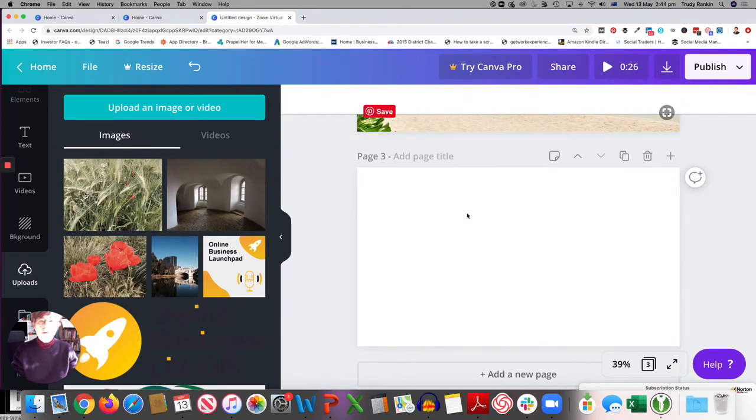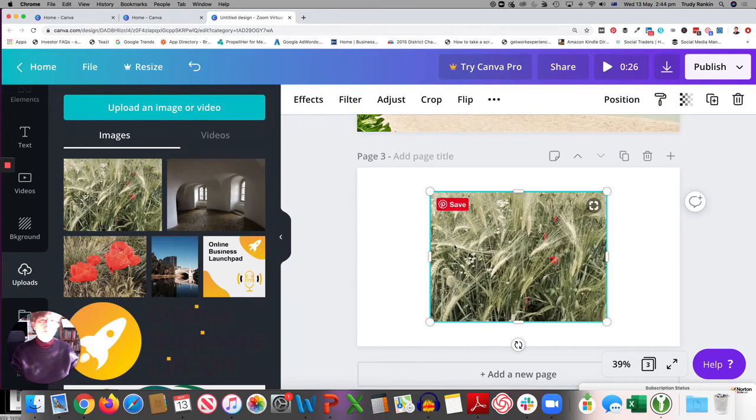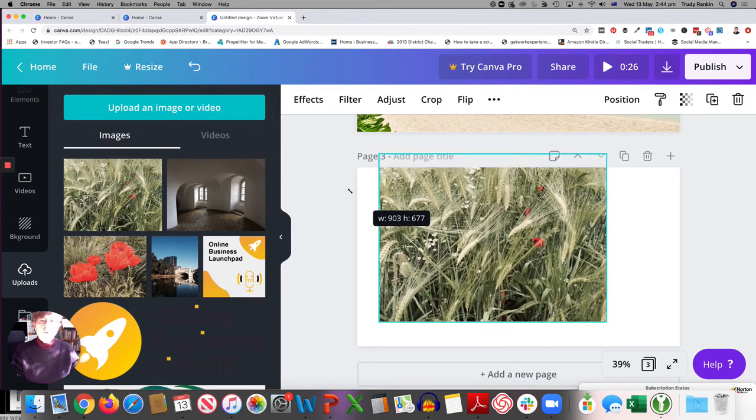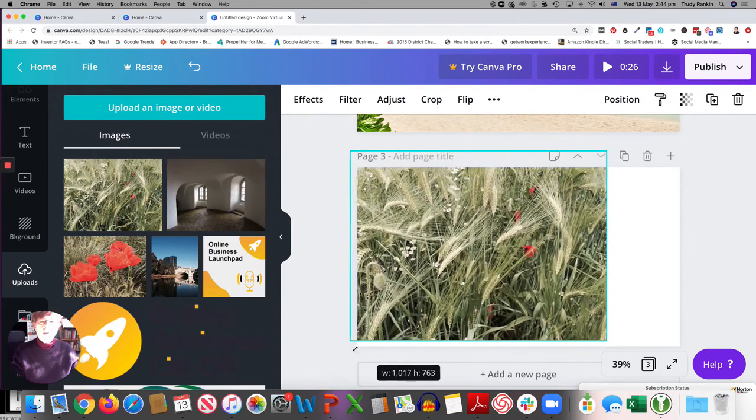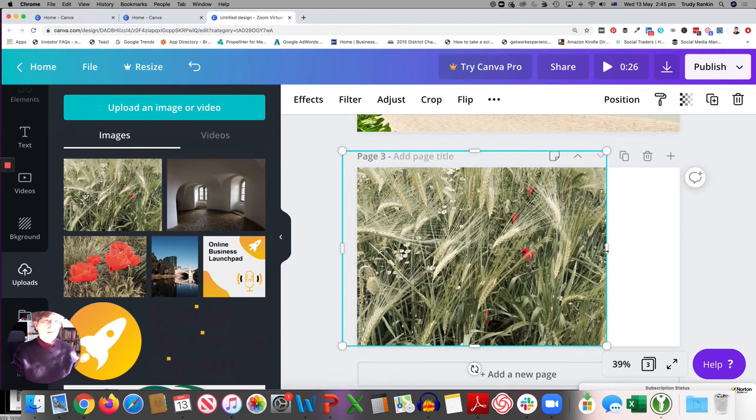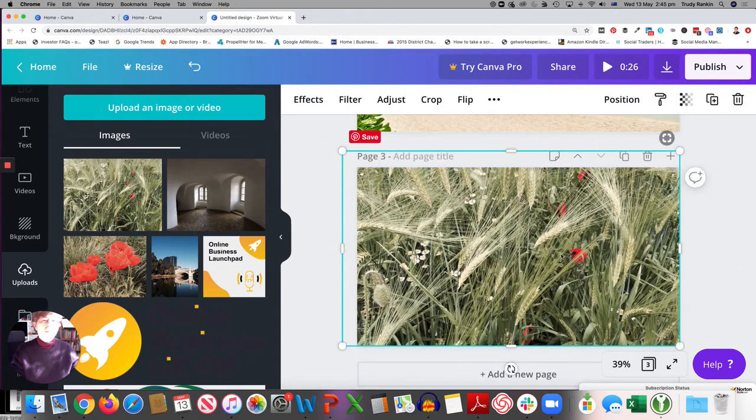So I'm going to delete that and choose a different one that works. It's going to work, even though it still needs quite a lot of tweaking. You can just click and drag, and it will do the job. It's not the best background to have because it's quite busy, but I'm just using it as an example.